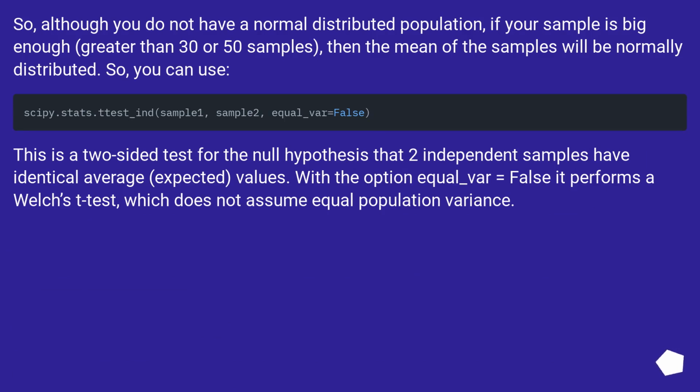So, although you do not have a normally distributed population, if your sample is big enough, greater than 30 or 50 samples, then the mean of the samples will be normally distributed. So, you can use